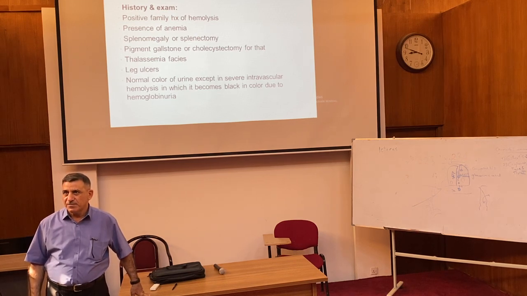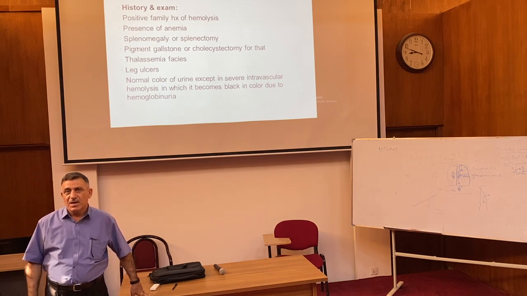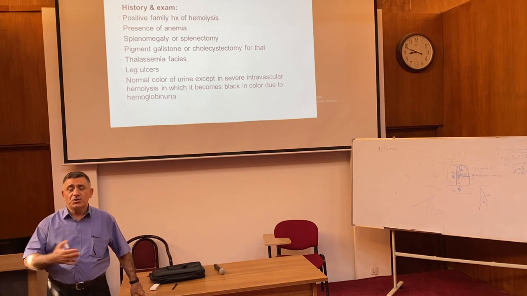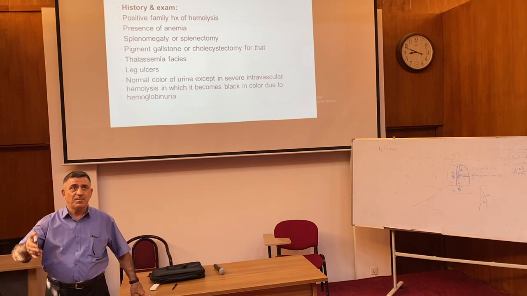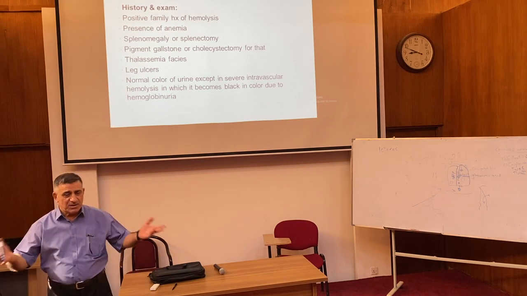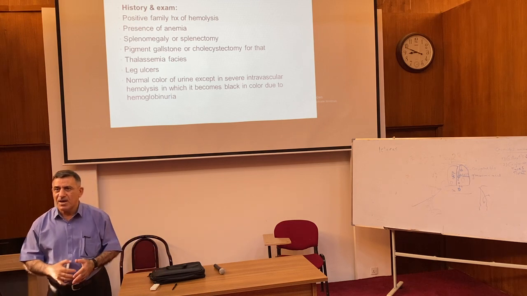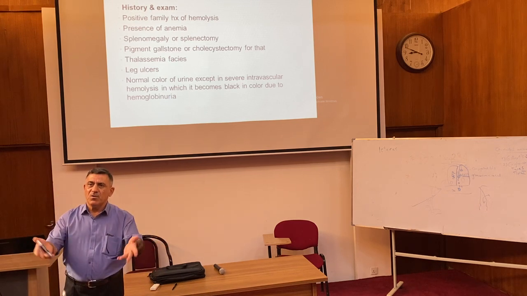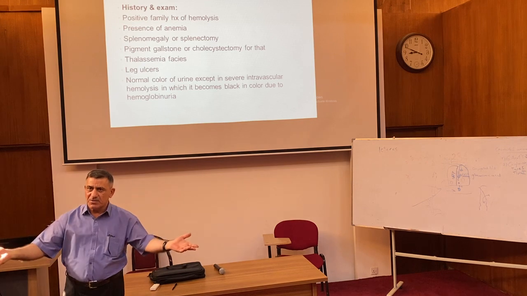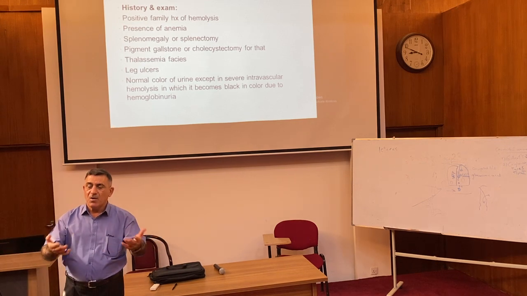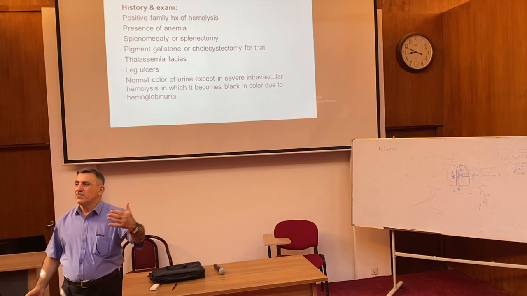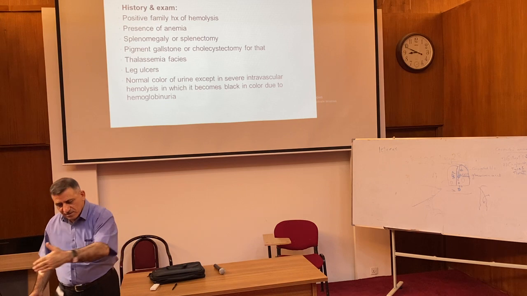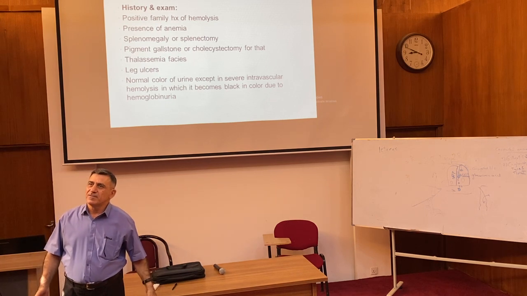G6PD deficiency, favism, where a huge number of RBCs are destroyed in the blood vessel, inside the blood. If there is destruction of RBC, they will liberate the hemoglobin into the plasma, and it is excreted through the kidney. Hemoglobin